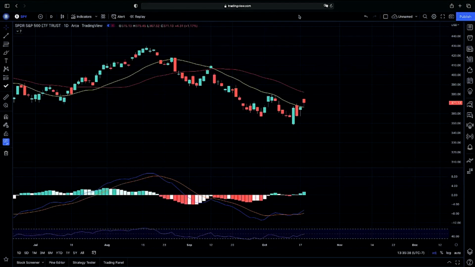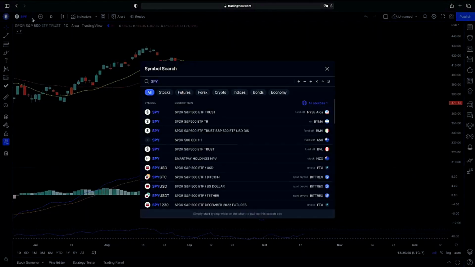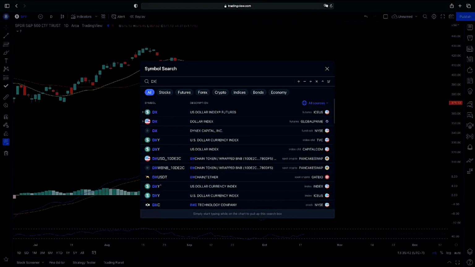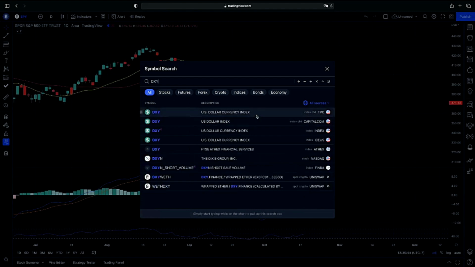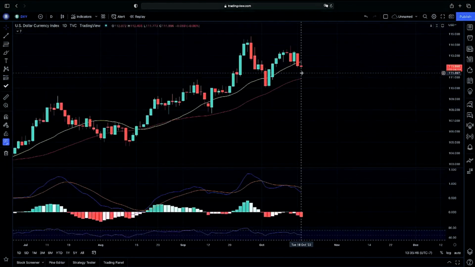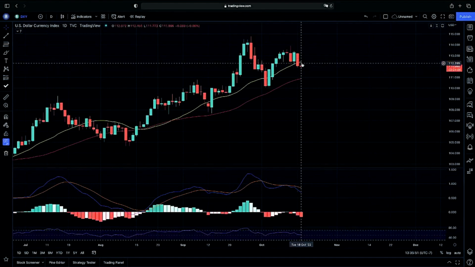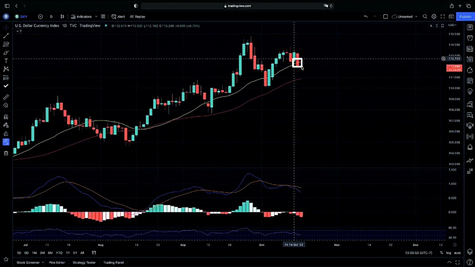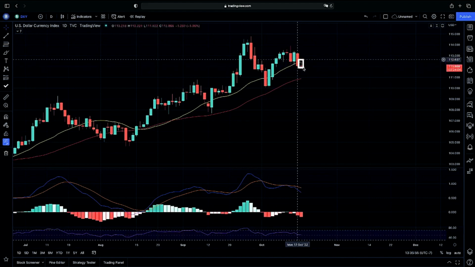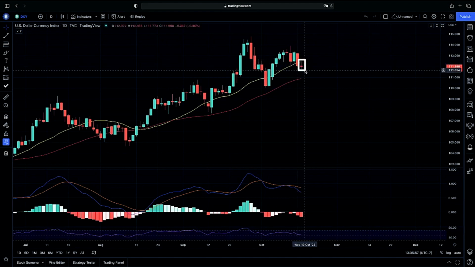So jumping into the S&P 500 with you guys again, before we jump into the S&P, I want to jump into the dollar. Again, the dollar has been showing us how much strength or weakness we do have here in the S&P. And as you guys can see, we are getting an inverted hammer just below our 20-day moving average. Again, we mentioned yesterday that we were closing below our 20-day, looking for that possible rejection. As you guys can see, an inverted hammer showing us that we are getting a rejection here.